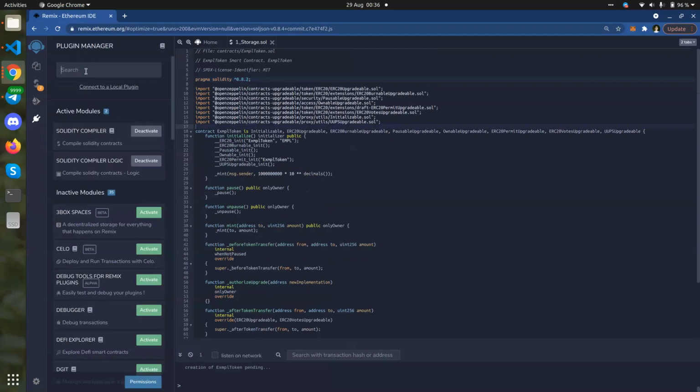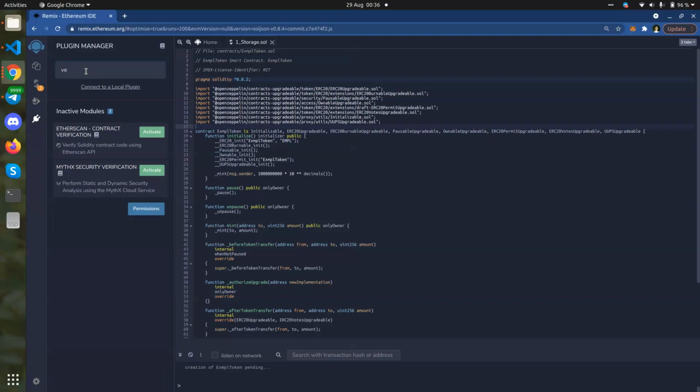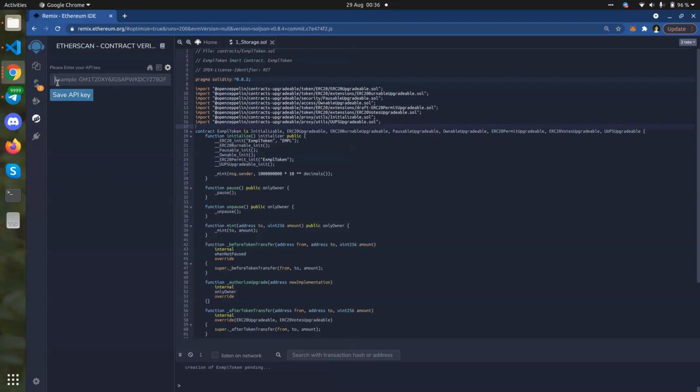So meanwhile I install the plugin which is basically Verify. Just write VE. It comes, Verify. I press activate, and I think it's activated here. It's asking for the API key. So to make an API key, you have to